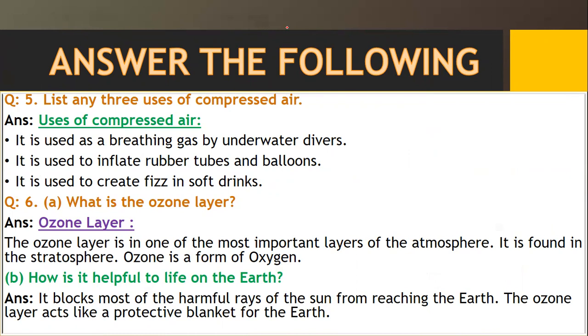Let us, students, take a quick review of the chapter. In this chapter, we learn about the air. Air is everywhere around us and it presses everything downward due to its weight. We can take the example of the balloon, and we see that the inflated balloon has more weight compared to the deflated balloon. Air is present everywhere in the atmosphere.